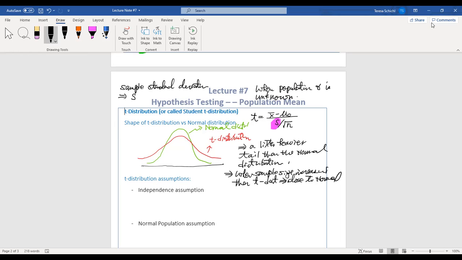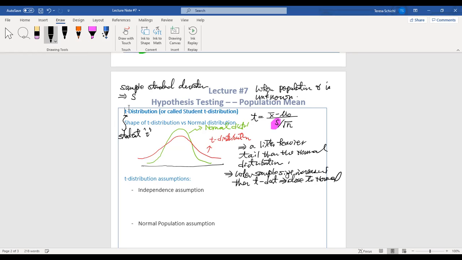The t distribution was developed by the statistician named Gosset. And the reason why we call this the Student t distribution, or some people call it the Student t, is